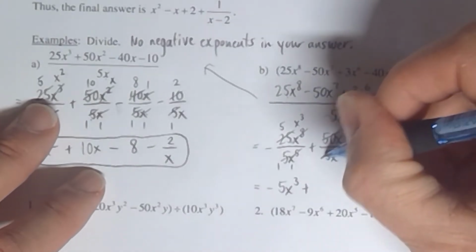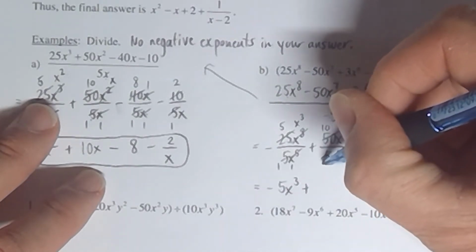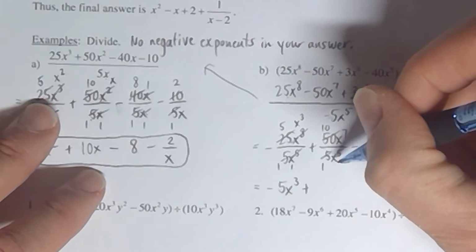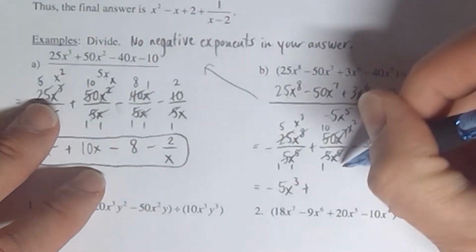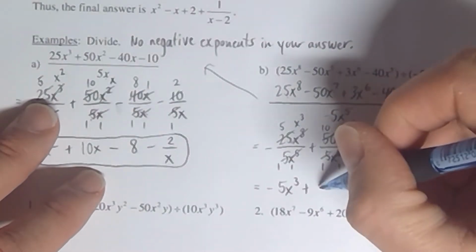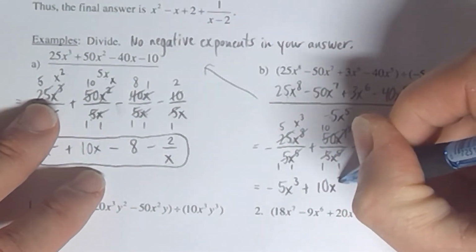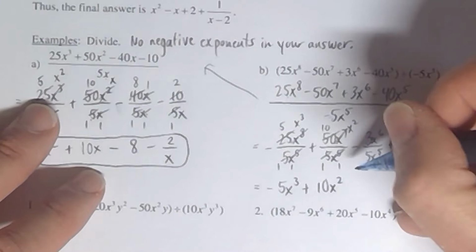And let's do that again. 50 and 5 reduced down to 10 and 1. 7 minus 5 on the exponents right there gives me x to the second over 1. And so we end up with 10x squared over 1 on that one. Bring down the minus and we get,